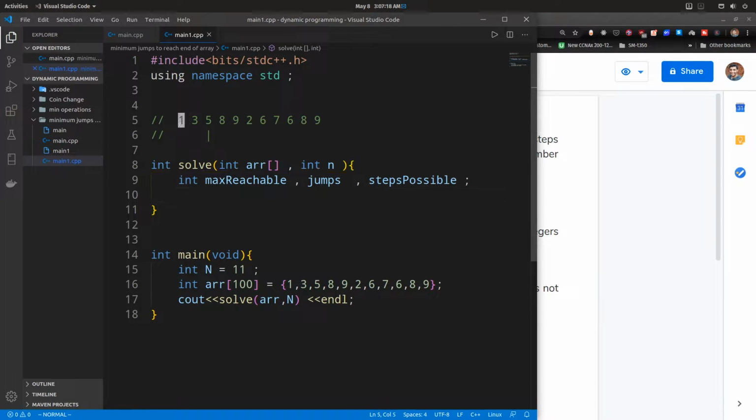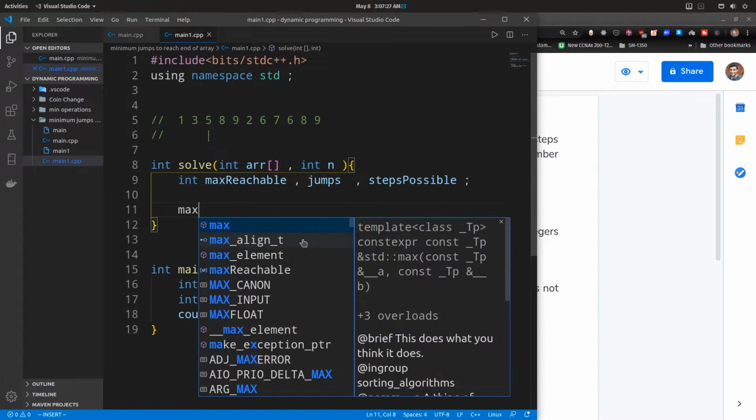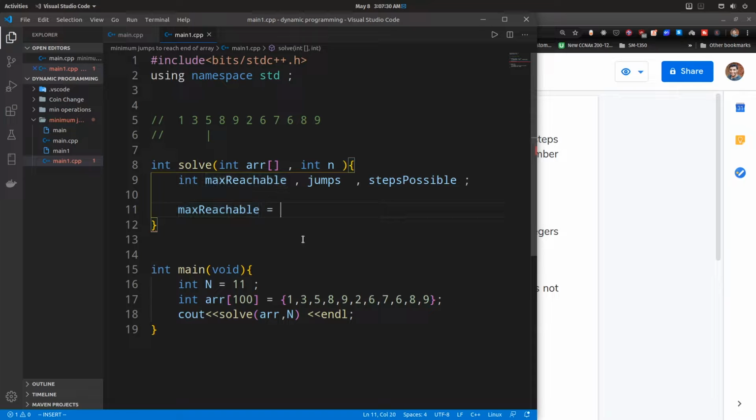We start from the first element and go on traversing each element. Initially, when we start at the first element, the maximum reachable index is the value of the first element itself. From the zeroth index element, which has a value 1, we can go a maximum of only one step.